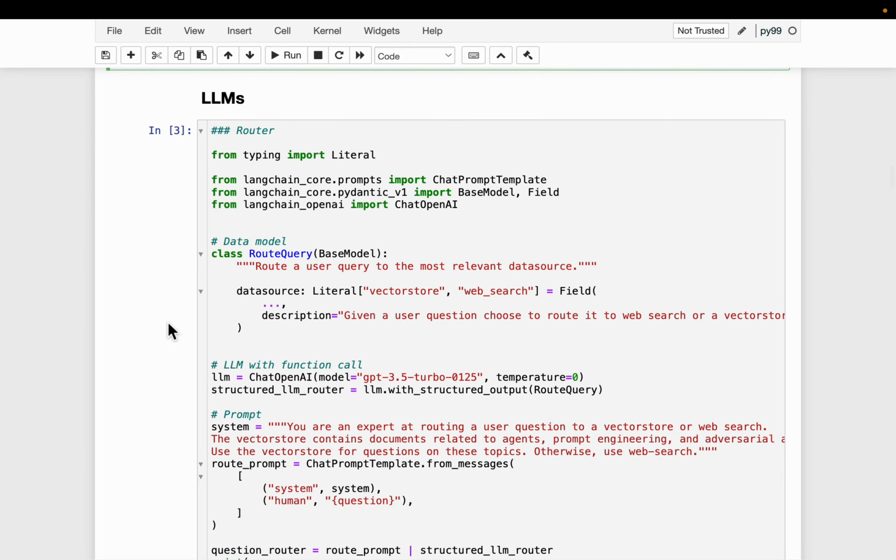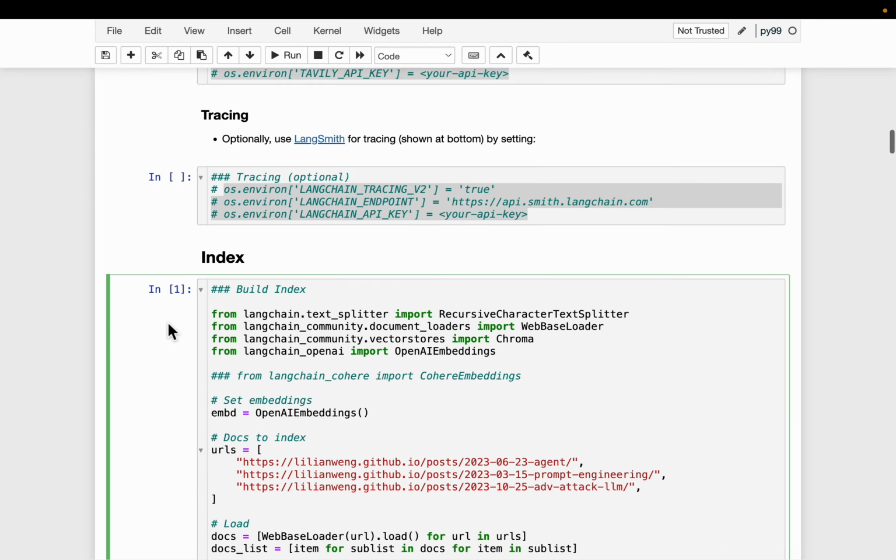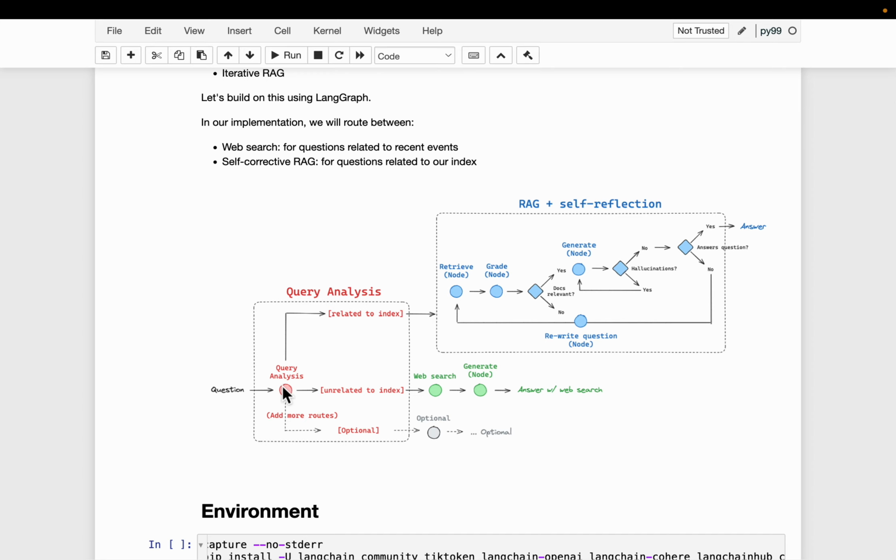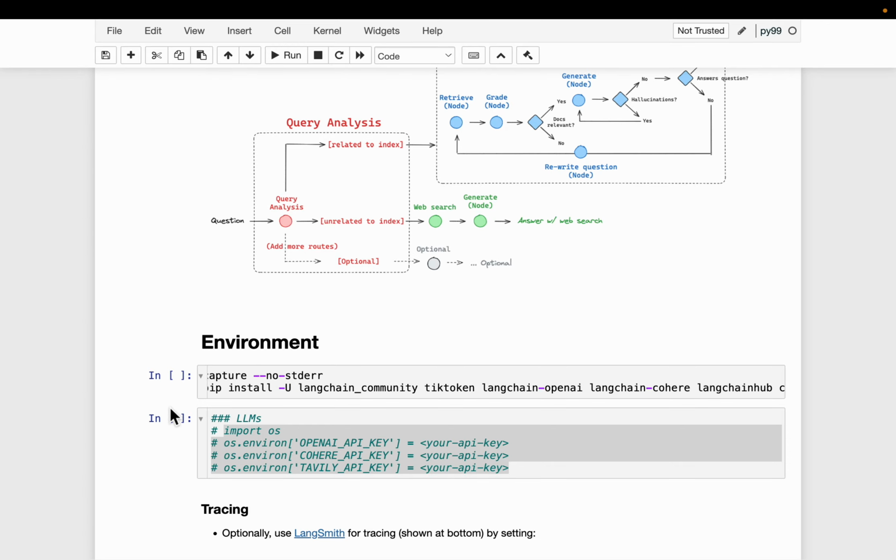Now let's build. What we are going to do is, first, build all these components. That's step number 1. In step number 2, we convert these components into graph elements. And in the final step, we put all these graph elements together to make this graph network using the LangGraph framework.